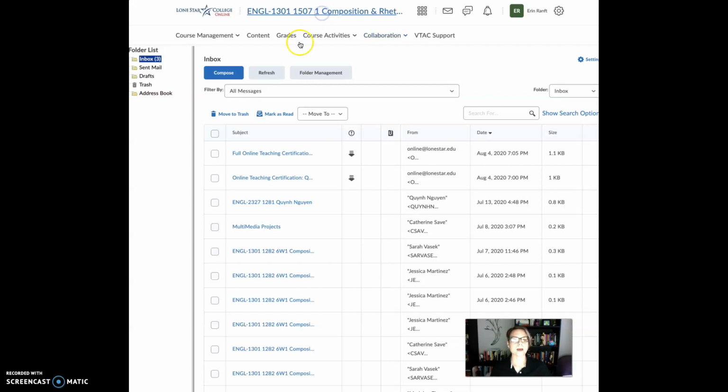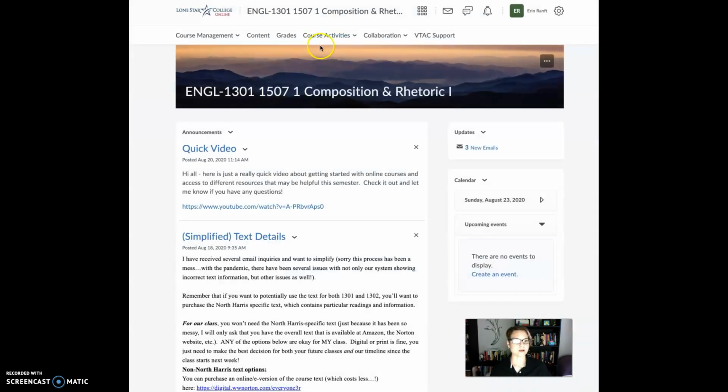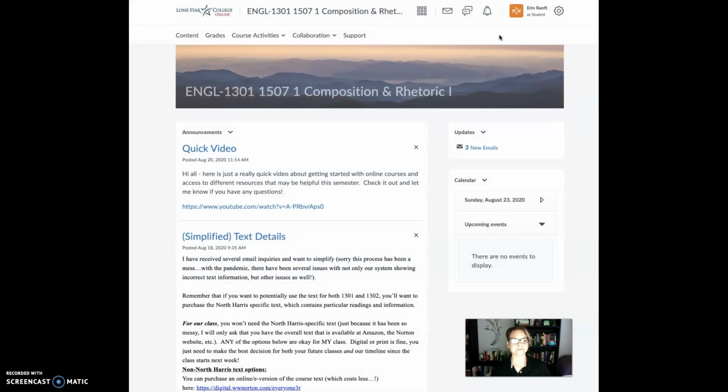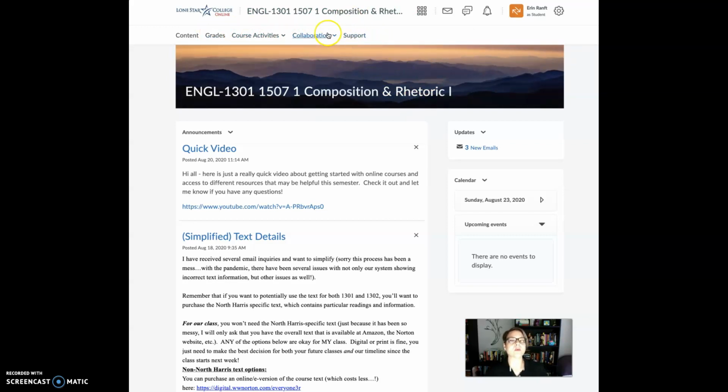Okay, so if we go back to just the general class area, I want you to know yours is going to look a little different because I'm in my own view, and as a student you're going to have a bit of a different view, so it might look something more like this, okay, which doesn't look very different, but the options up here are a little bit different as well. So I want you to note that these are the different areas where you can go, right? So in addition to the announcements, I want you to keep in mind that content is going to be an